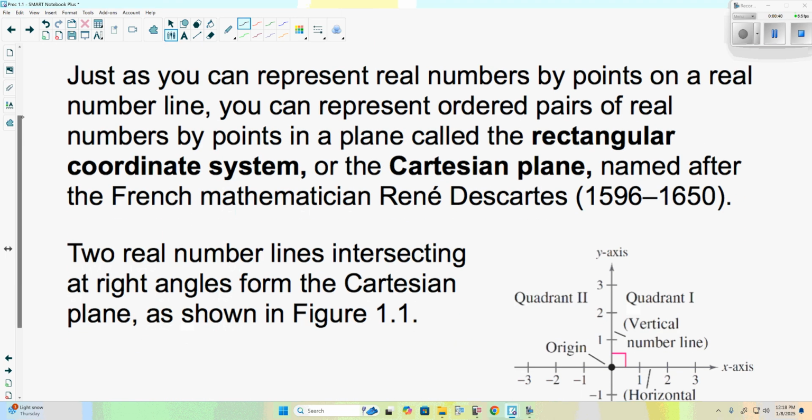So just remember, real numbers by points on a real number line, you can represent ordered pairs of real numbers on a plane called the rectangular